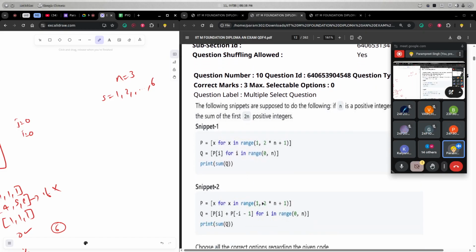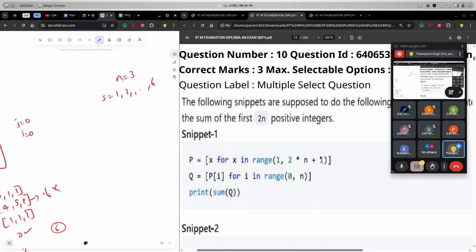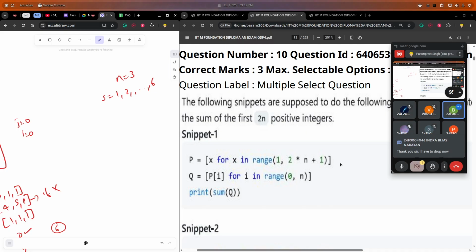Yes. Now we have 2 snippets. First tell me, from snippet 1, what is p doing? Anyone? A list of numbers from 1 to 6. 1 to 2n, we can say this. It is not printing, it is creating a list of numbers from 1 to 2n